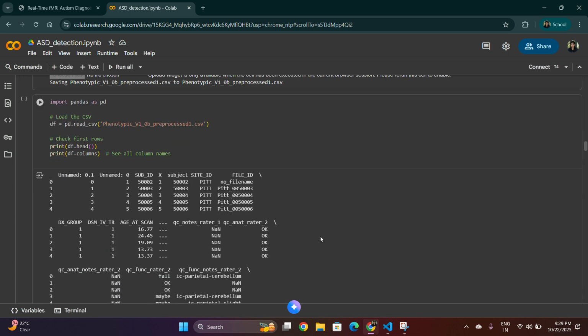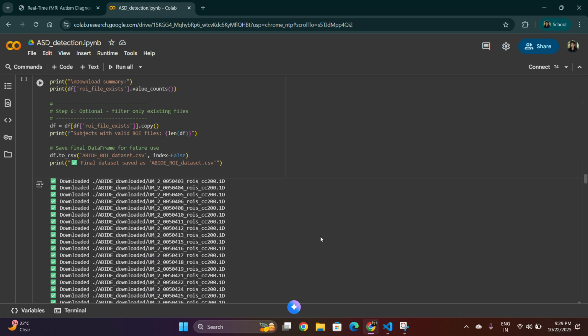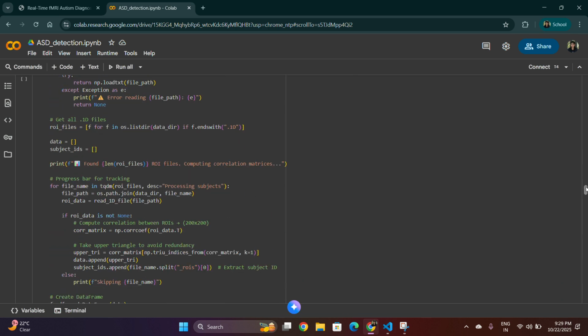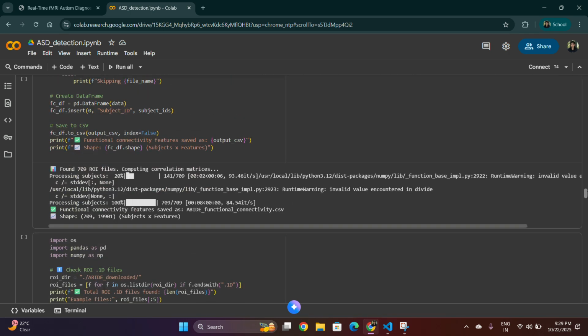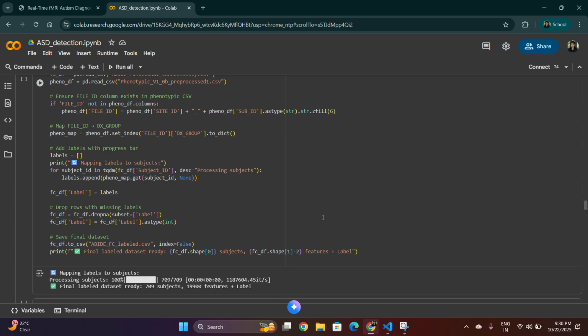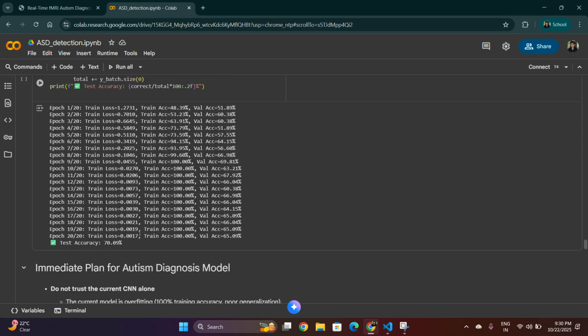And these were some of the datasets which appeared. I loaded the ABIDE dataset and then filled it with the data. I had to classify the ABIDE data into two types, phenotypic and non-phenotypic. Then the CNN alone was giving a test accuracy of